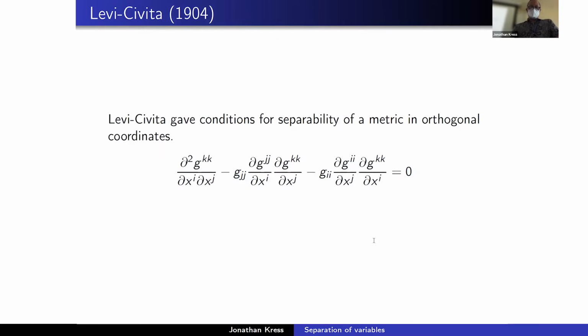I think I meant to cut this slide out, but anyway, it's in here because it was the next chronological thing. Levi-Schreiber gave some conditions for the metric to be separable in orthogonal coordinates at this time. Well, you can find it in Ernie's book and other places, and the original paper tells you where this comes from. But it wasn't very useful, I guess, not directly, because essentially it's if you have a set of